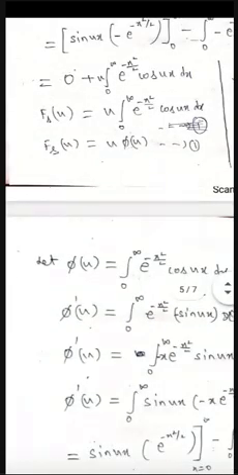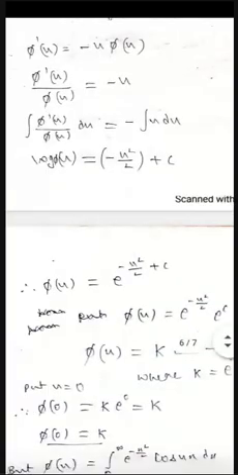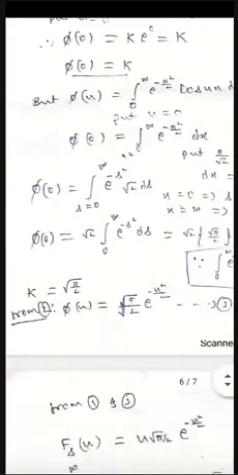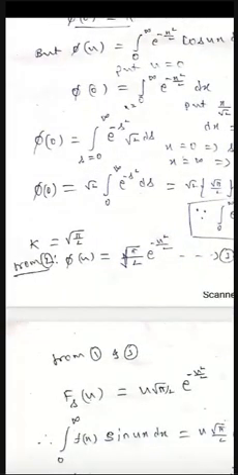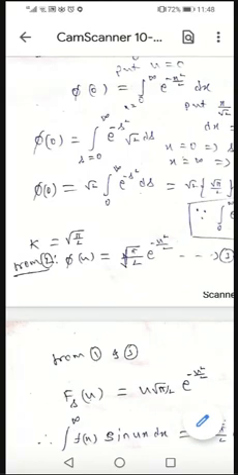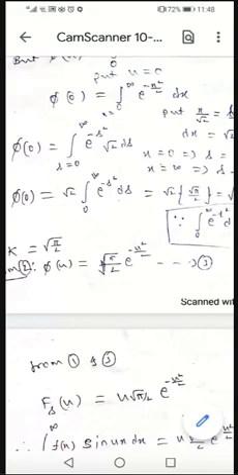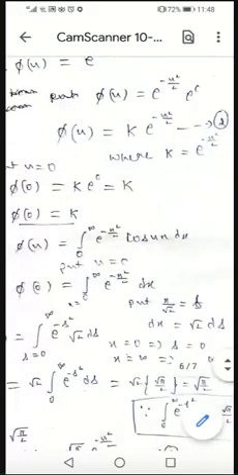Now from equation 1, what is equation 1? This is the equation 1: Fs of u is u psi of u. Now we have a psi of u value. What is that psi of u value? Psi of u value is root pi by 2 e power minus u square by 2. That is from equation 2. Since we have the k value, root pi by 2, you substitute the k value and you will get psi of u. So hence we have psi of u is root of pi by 2 into e power minus u square by 2. Call it equation 3.